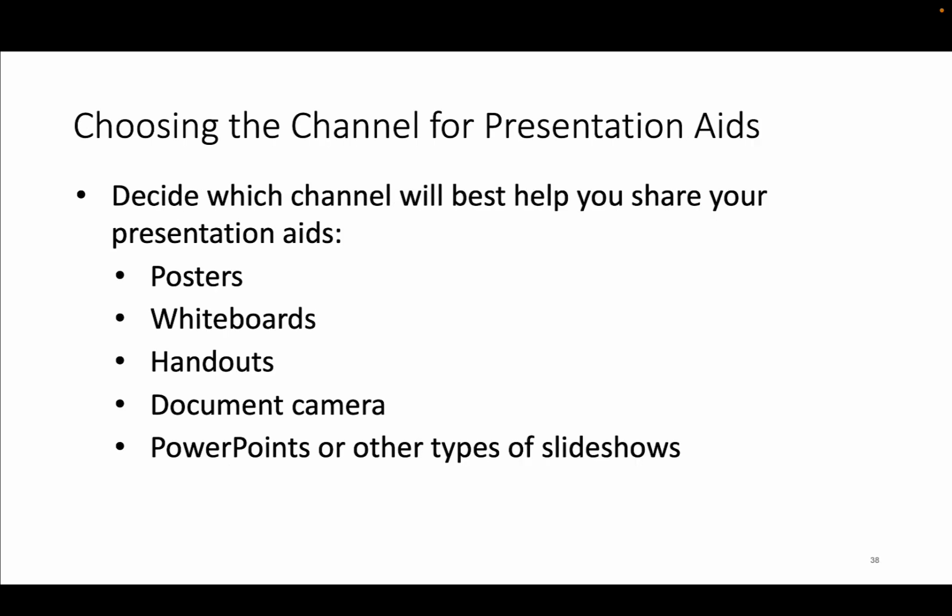Now you need to decide how to present your presentation aid. You can certainly create a poster if you want and bring it to class. You do need to use good visual design techniques. I don't recommend using our whiteboard though. If your speech topic lends itself to it, maybe a handout, but don't pass something out to the audience that would cause them to ignore you and just read it. If you aren't sure if that would be a good presentation aid, you should ask me.